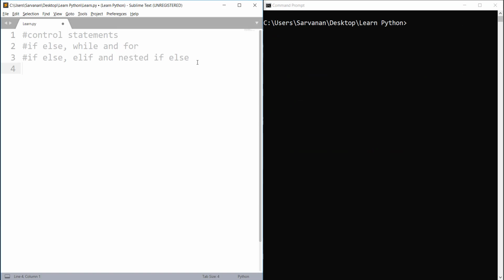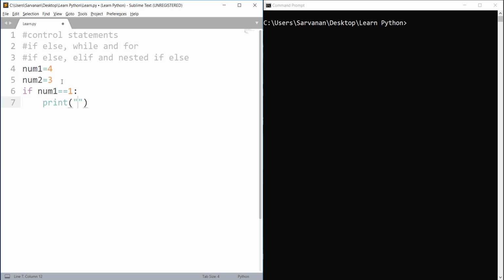Now let's see different ways to write if-else statements. We have seen the simple if-else statement. Now let's cover how to write elif. Let's say a value num1 equals to 4 and num2 equals to 3. If num1 equals to 1, which would be false,